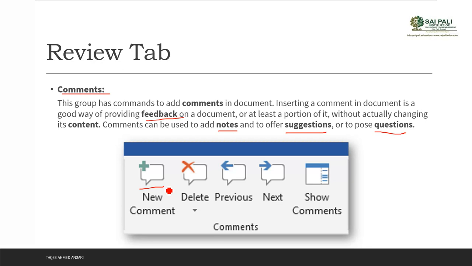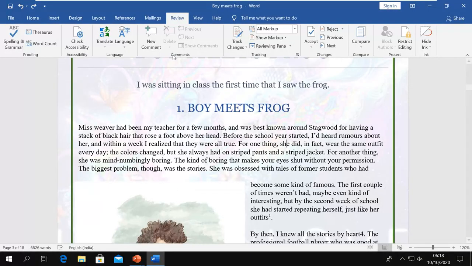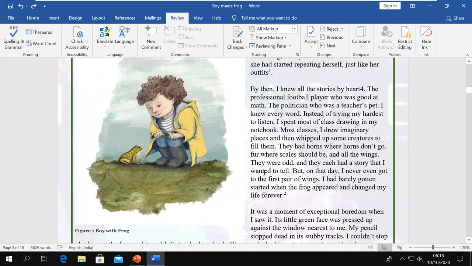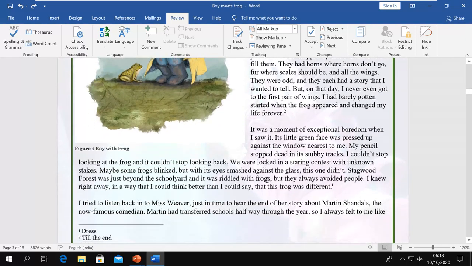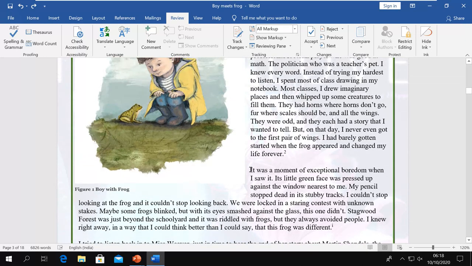So when the author reads the document, he can see the comments, and he can also reply to those comments. He can say, what is your suggestion, I have agreed or not agreed, and whatever. So if you want to use this, you have this Comment command. You have the option to add a new comment. There is no comment here. If you want to add a comment, first put your insertion point at the beginning, or even select the line, and then click on this comment.